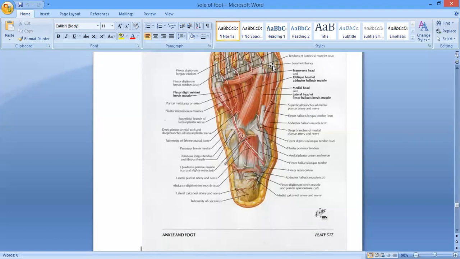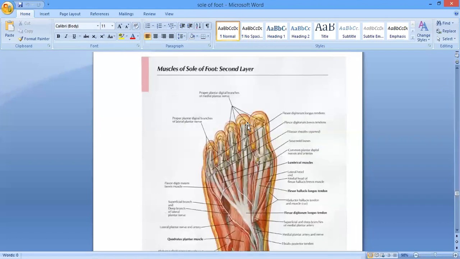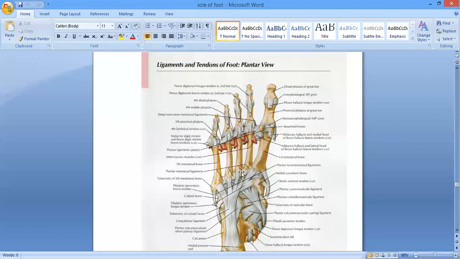Yes sir. Okay. Now the another muscle over here, I told you, the adductor hallucis, and this muscle again is getting origin by the two heads, the transverse head and the oblique head. The oblique head is coming from the bases of the second, third, and fourth metatarsal bones, right? And it is going to be inserted over the lateral aspect of the base of the proximal phalanx of the big toe.